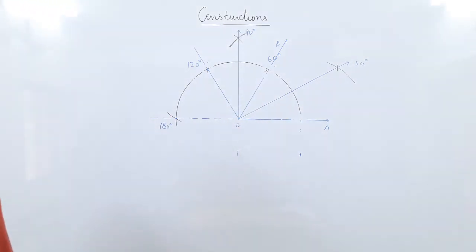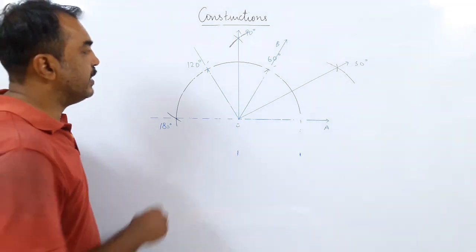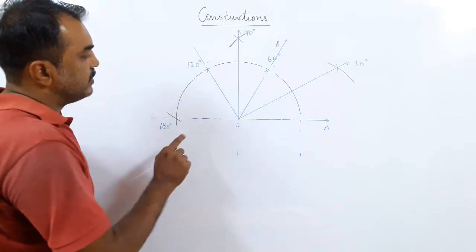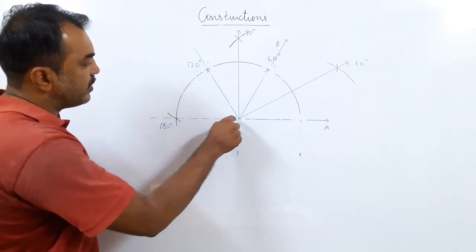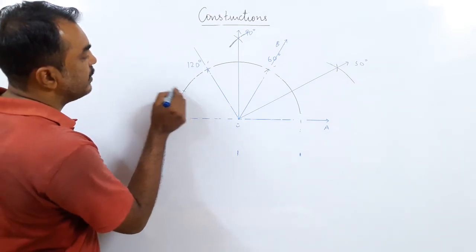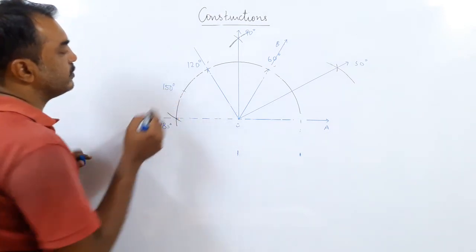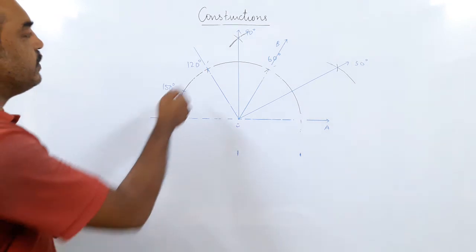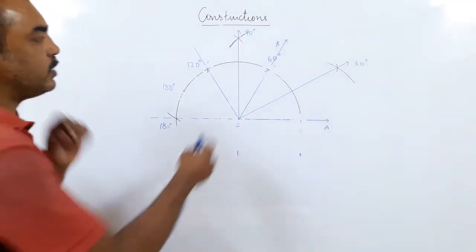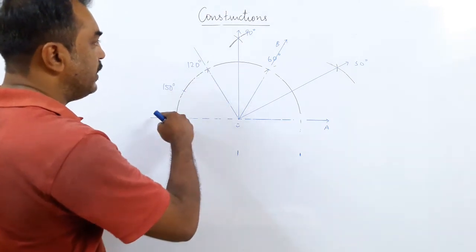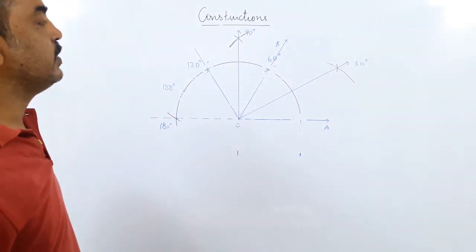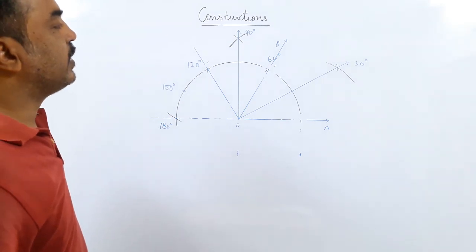In the same way, I will not go further, but you can understand, if I divide 120 and 180 into 2 equal parts, if I cut this angle into 2 equal parts, then it is not difficult to understand, I should get 150 degree, because exactly between 120 and 180 degree comes 150 degree. So what have we got now? 60, 120, 180, we have got 30, we have got 90, we have got 150. Okay. Now say I want 45. How do I get 45?